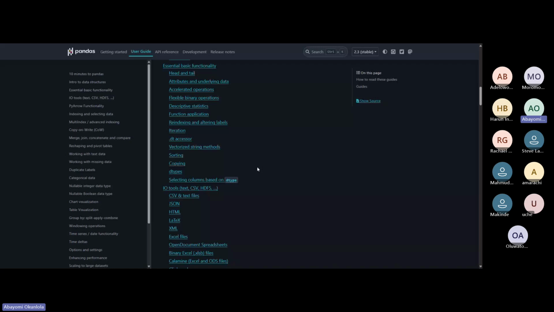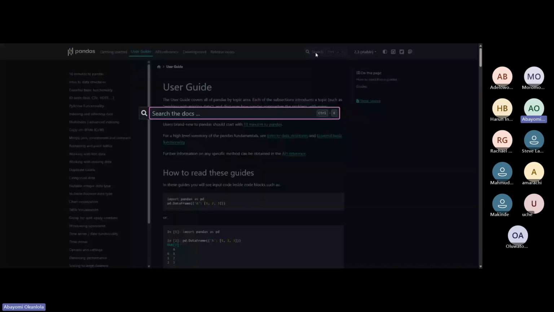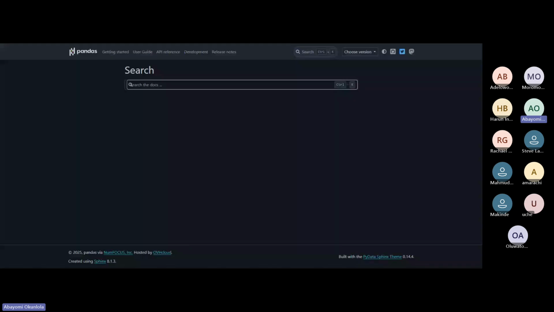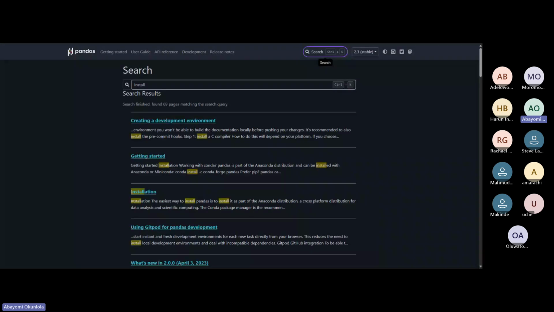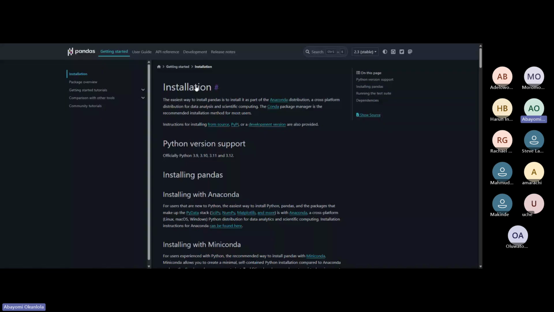All right, so here we go. Let me see if I can search for install. You can see the installation. So how do you install pandas? Python versions 3.9, 3.10, 3.11 are supported.